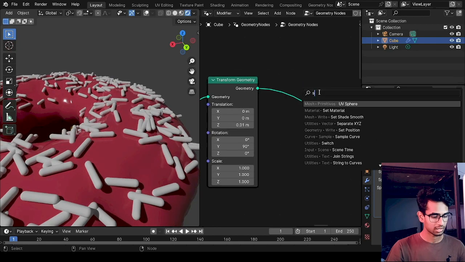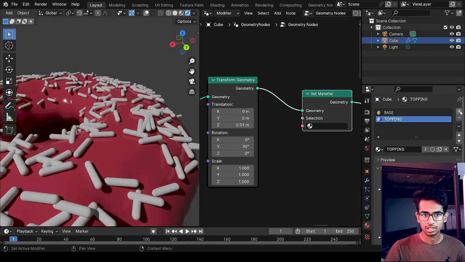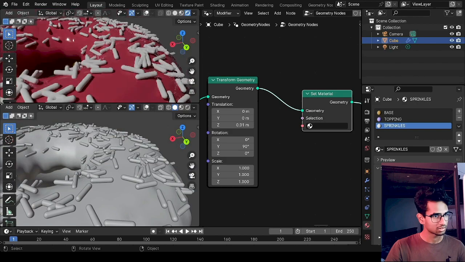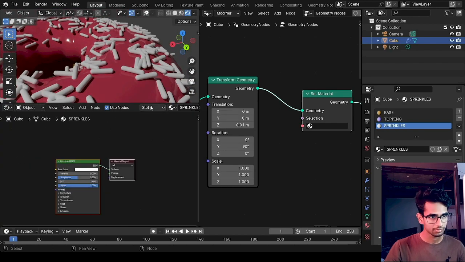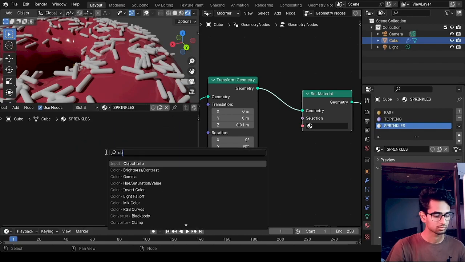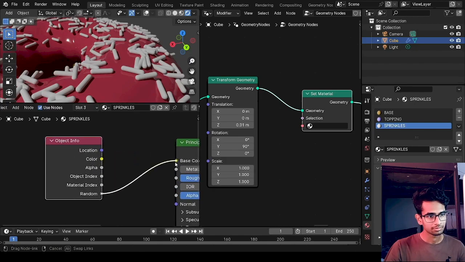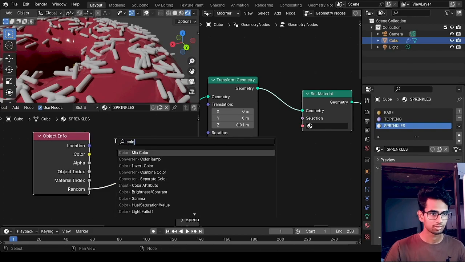Now I'm going to add a material to the sprinkle. I'm going to the materials tab. I'm going to make a new material named sprinkles. And don't ask why I type all the materials in all caps. So I'm going to go to the shader editor. I'm going to make an Object Info node, because we're going to utilize the random color for all of these sprinkles. So I'm just going to do the same process over and over again. So Color Ramp,